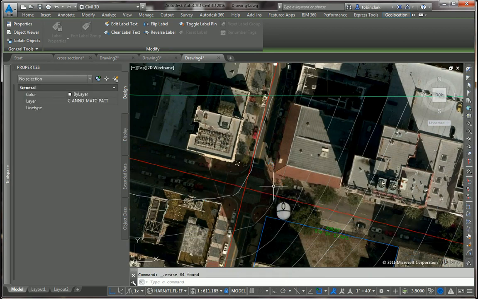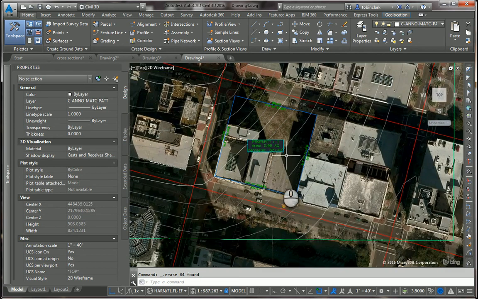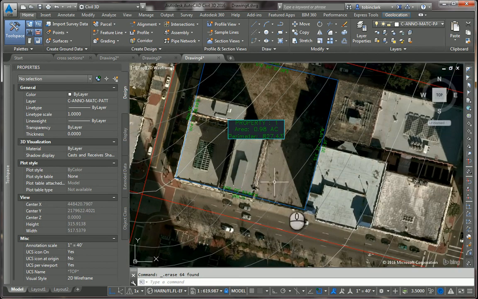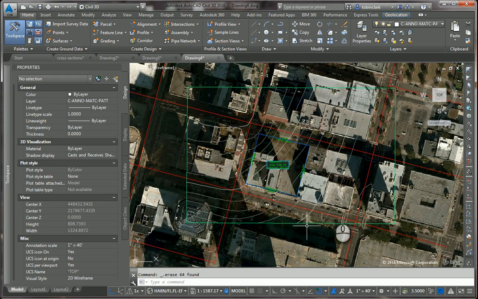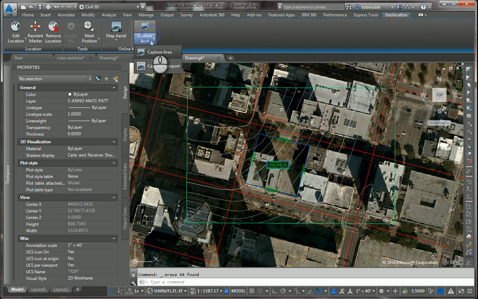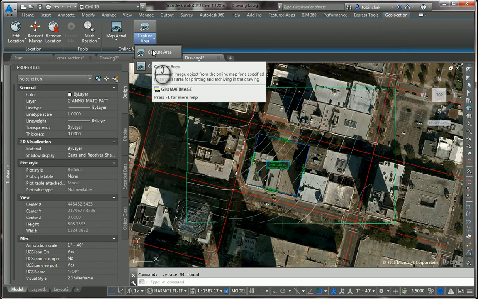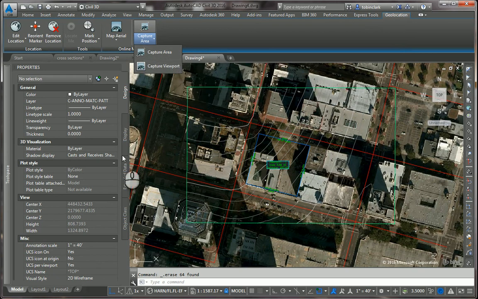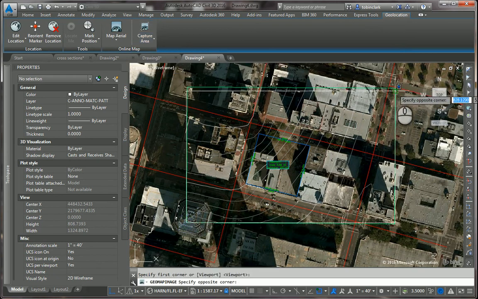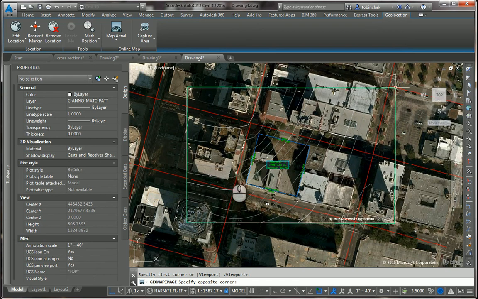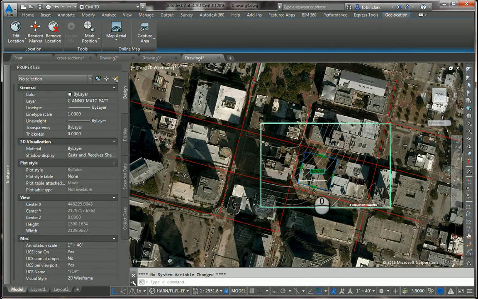So, they're all gone. So what did I say we covered? We covered importing, we covered maps, we covered one should probably go more into maps. So we do a capture viewport and capture area. So we're going to capture this area to here. I'm going to switch to